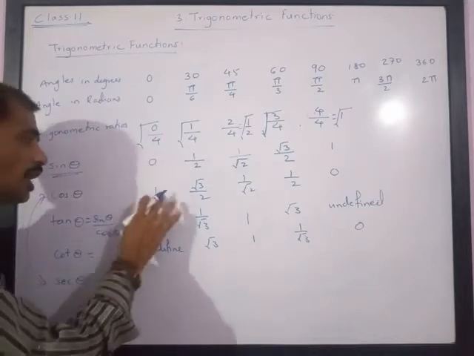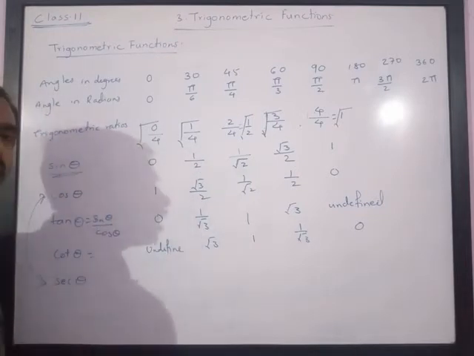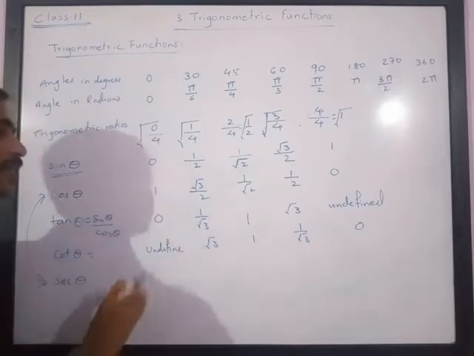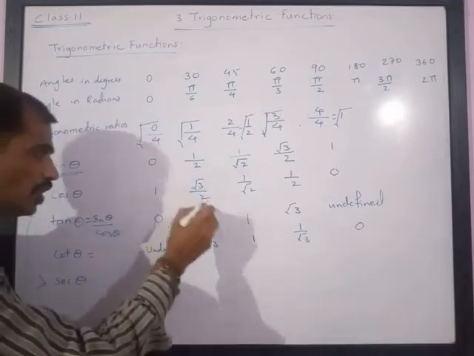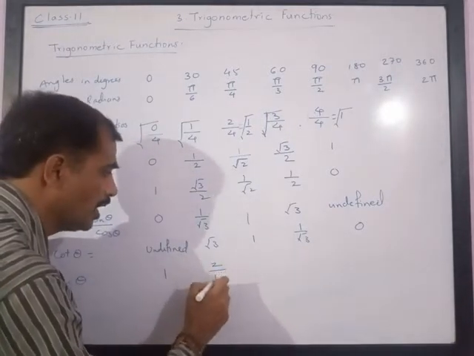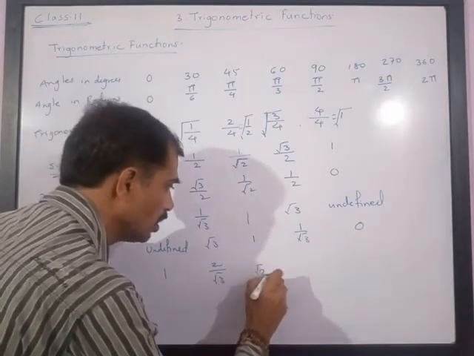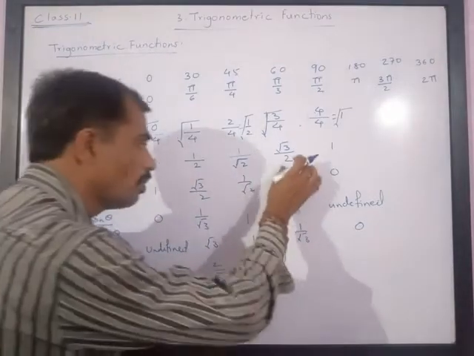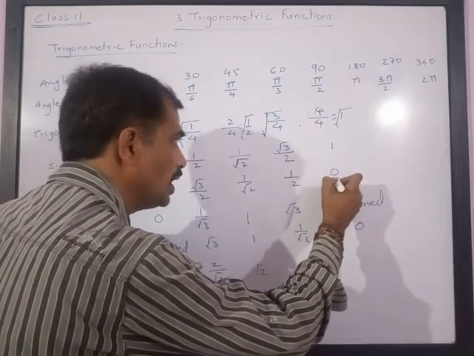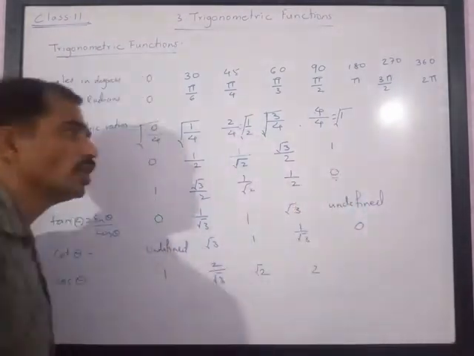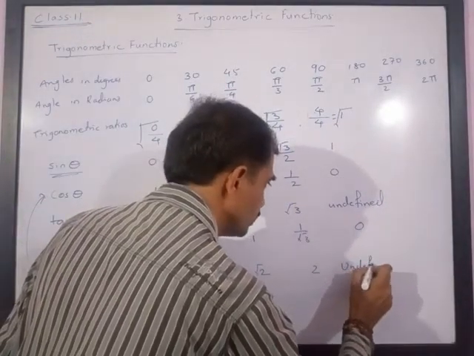Please note here we have got cos of 0 is 1, means numerator is 1. So this is 1 upon 1. If you write in reverse order, that is numerator as denominator and denominator as numerator, we get again 1 upon 1, means 1 itself. Then we will get 2 upon root 3. This will be root 2 upon 1. Denominator is 1, no need to write. This is 2 upon 1, so you will get 2, and this will be 0 upon 1. So 1 upon 0, 0 goes to the denominator, means this becomes undefined.